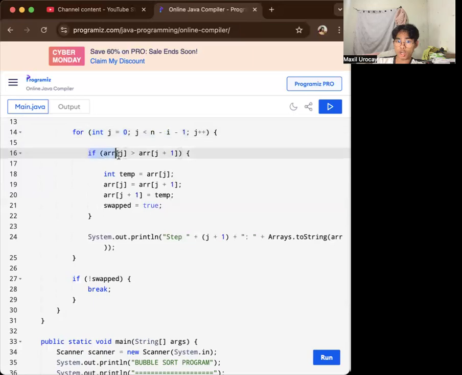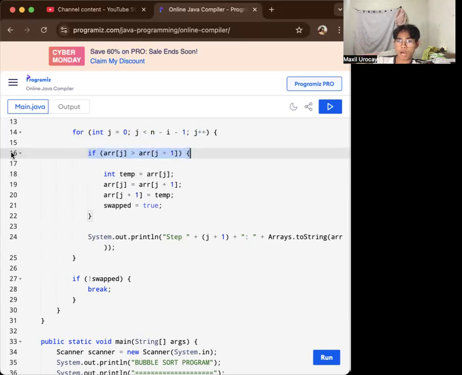That condition ensures that with each outer loop iteration, fewer elements are compared, since the largest elements bubble to the end of the array. Once an element is sorted, it is brought to the rightmost position, and we cannot touch that anymore, and we consider that already sorted, right?